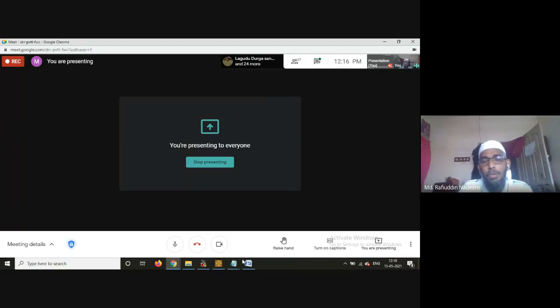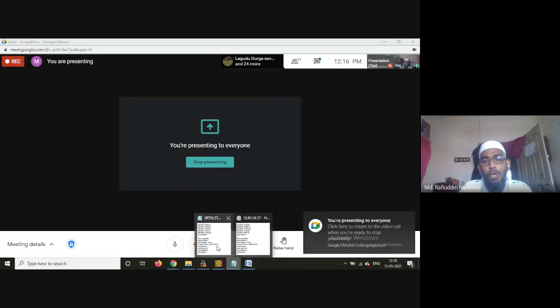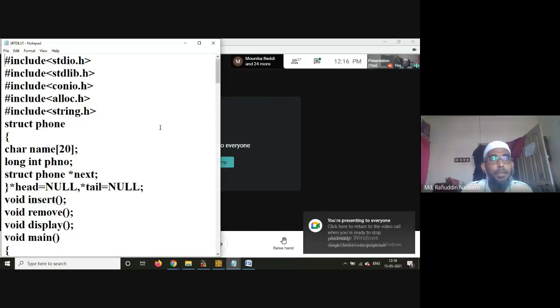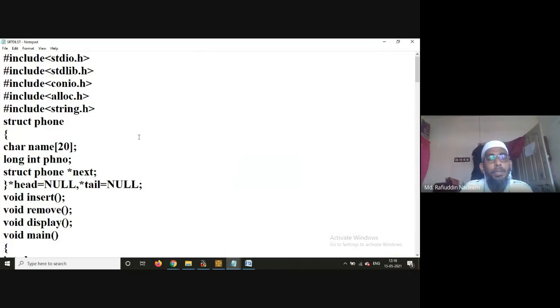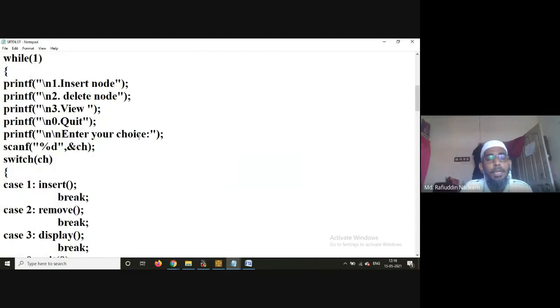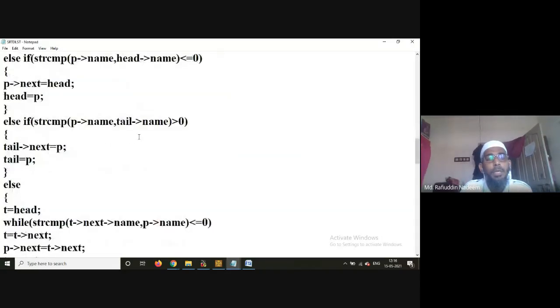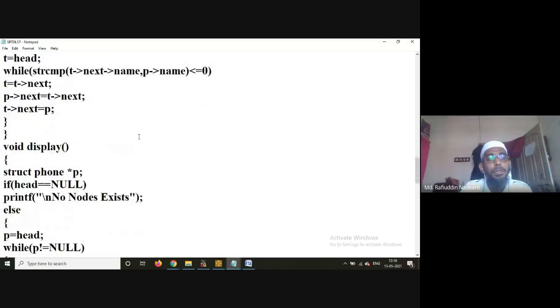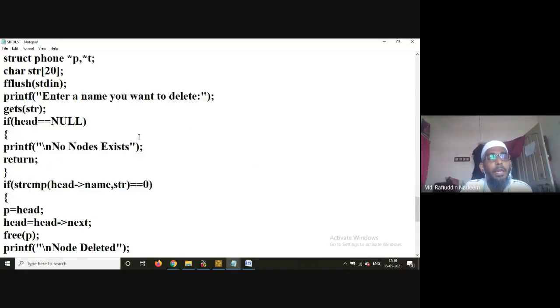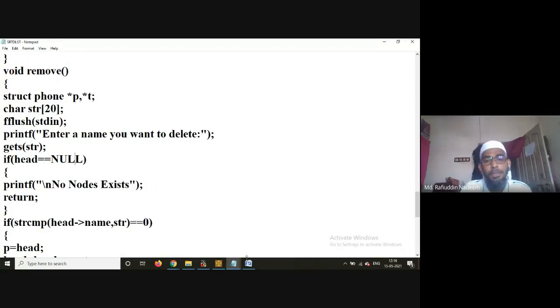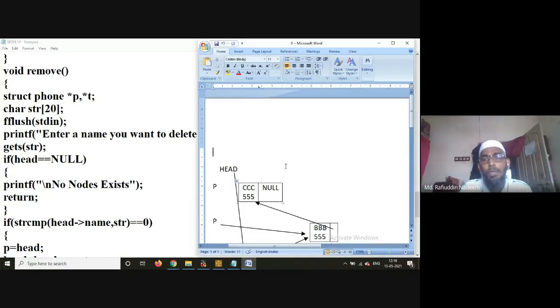So I just want to go back to the sorted linked list, and there is a small correction in the program regarding one particular case. I would like to discuss that particular case and then move on to the circular linked list. I will again share this program with you, regarding removal of a particular node in a linked list. Last class I shared it, but one of the cases, I later found, is not working.